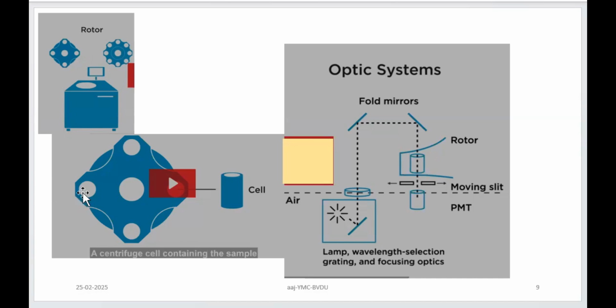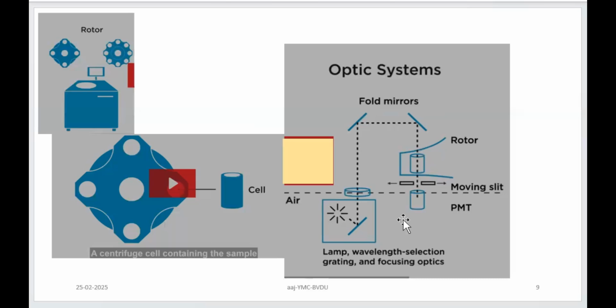Now whenever your sample analyte is here, this sample analyte can be analyzed with the help of the optical system. So how does this optical system work? This is a lamp which is going to generate the light source. The specific wavelength is selected. That wavelength is going to be allowed to enter the rotor cell through the window. But for that you are going to require optical systems like mirrors, diffraction gratings and prisms, so that particular wavelength is collected and is directed onto the sample, right?